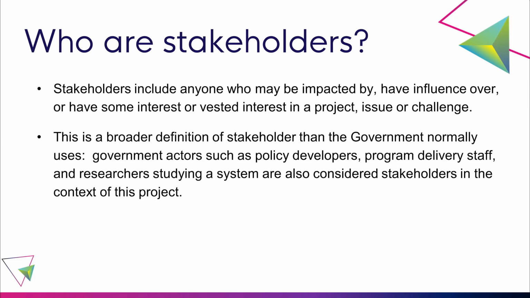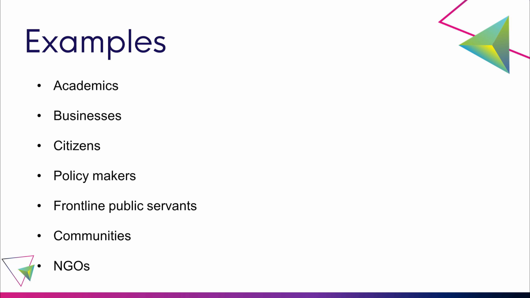This is a really broad range, and sometimes in government we tend not to think this broadly. The list may be limited to policymakers or people who are developing programs, but we are trying to expand that model. This is needed because the 5 themes of Canada Beyond 150 capture a broad landscape of issues and people. Here are some examples of stakeholders we want to explore: academics, citizens, policy leads, frontline public servants, affected groups, NGOs,